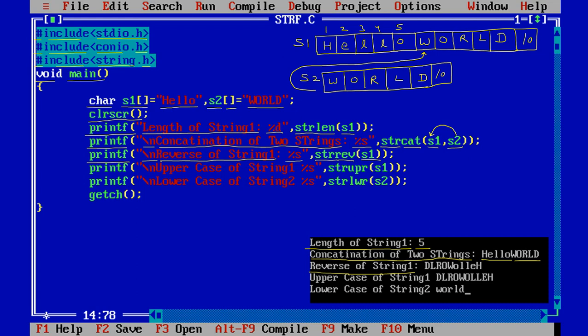You can see that all the letters are coming in reverse. Let us suppose first of all we are taking the D. So D is coming first. Then L is coming.